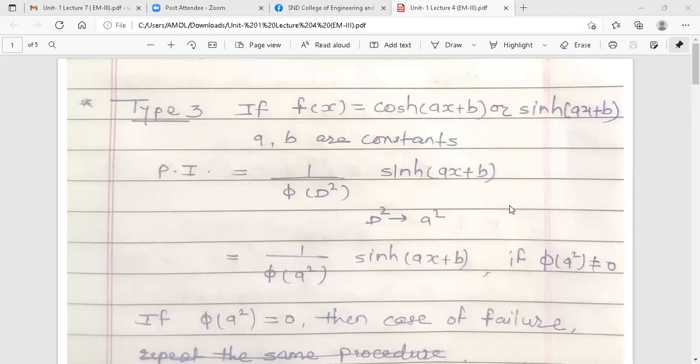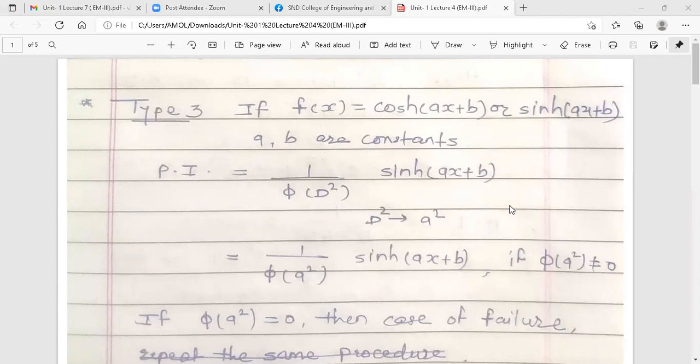The subject here is Engineering Mathematics 3, and today's topic we are going to discuss is case 3 or type 3 of the shortcut method. The shortcut method is used to find the PI. We already discussed the general method and the first two cases or types of shortcut methods. Now we are going to discuss type 3 or case 3 of the shortcut method to find the PI,